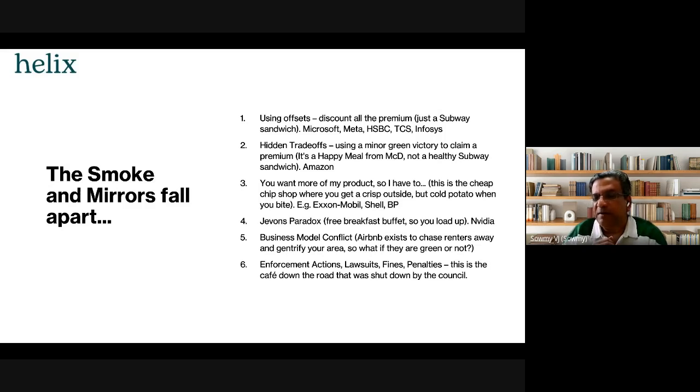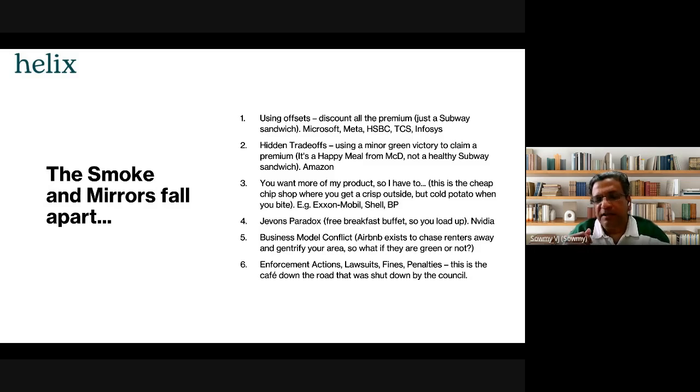This is like, basically the chip shop that you go to, what they've done is they've taken the frozen chips and dunked it straight into hot oil. So the end product, if you basically look at it, you'll have a crisp exterior, but then when you bite into it, it's actually cold potato inside, right? That sort of a narrative is something that oil companies do a lot. Chevron, ExxonMobil, Shell, BP, etc.